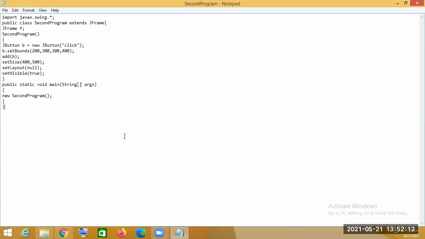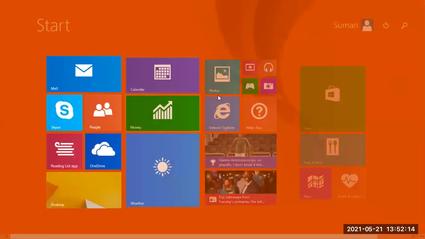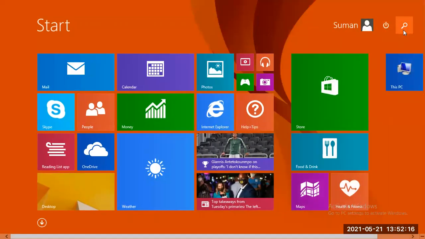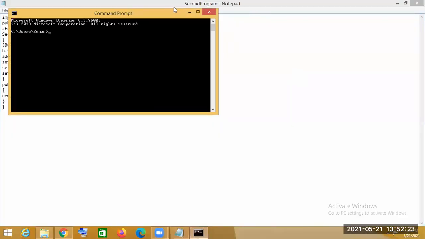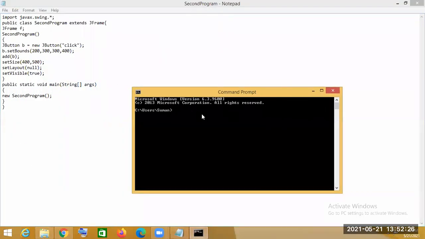So this is saved, and now we will run it with the command prompt. Then we will be able to see the output. First we have to go to the destination, then use javac and the name of the Java file.